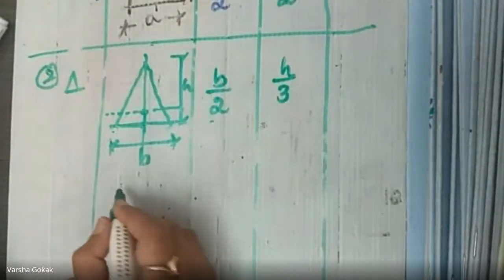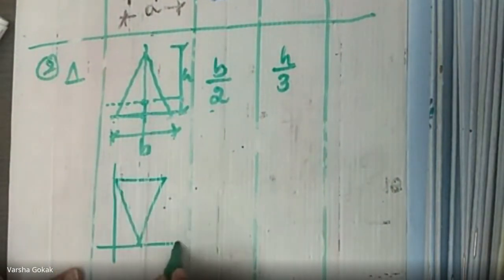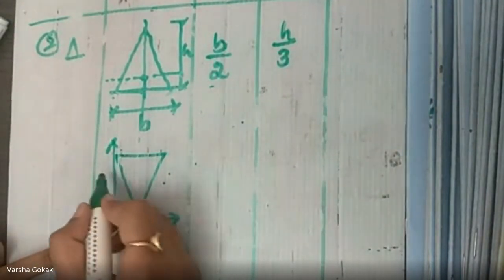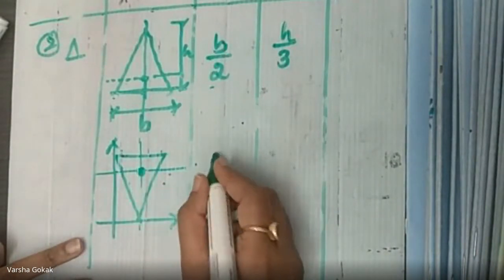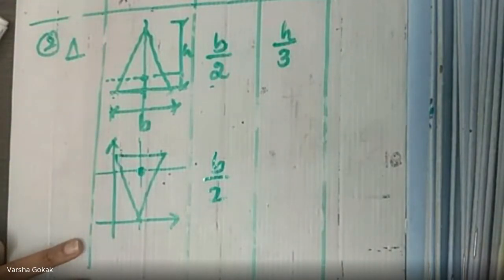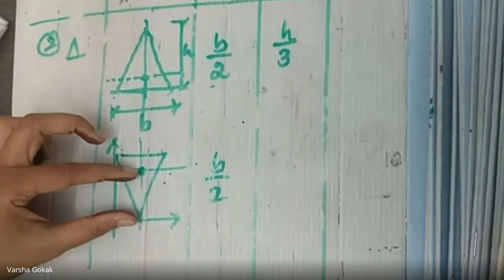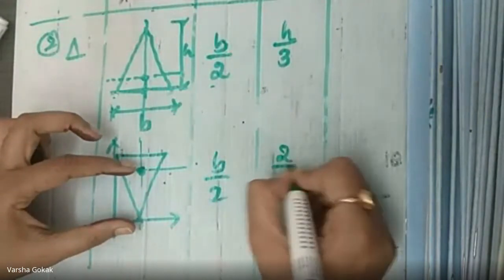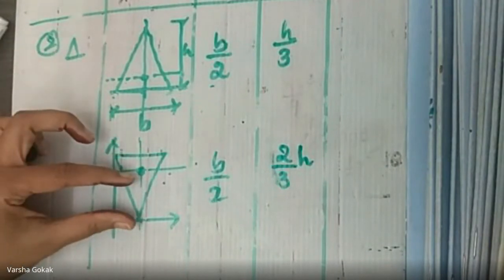Say, suppose I give you the triangle in this pattern. Now your x-axis is passing here and your y-axis is passing over here, right? So where is your CG now? CG has gone to this point. So x bar will be B by 2 only. That will not change. What happens to y bar? Y bar is going to be this distance now. How much is this? 2/3 of h, 2h by 3. This is 1/3 h, this is 2/3 h.